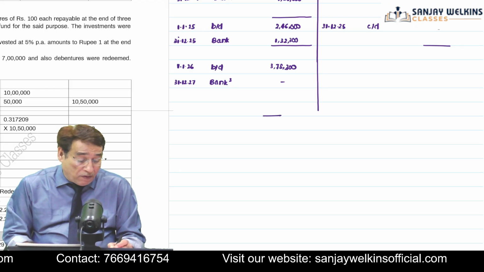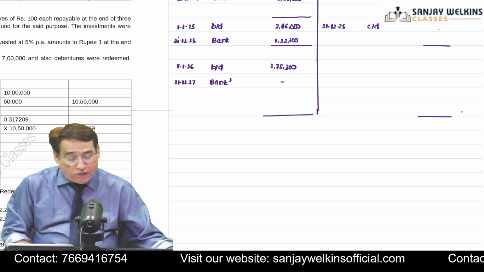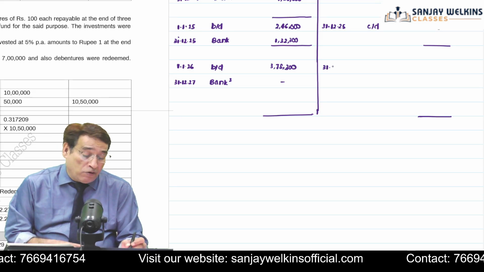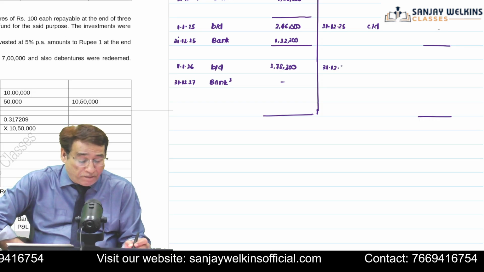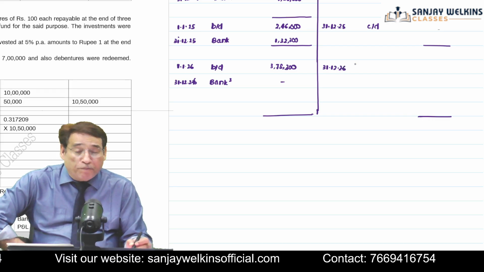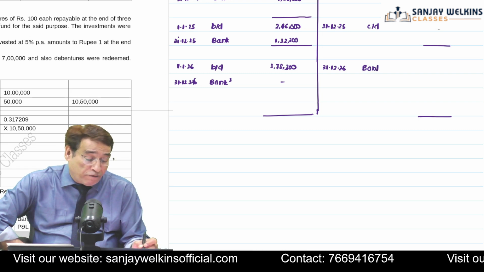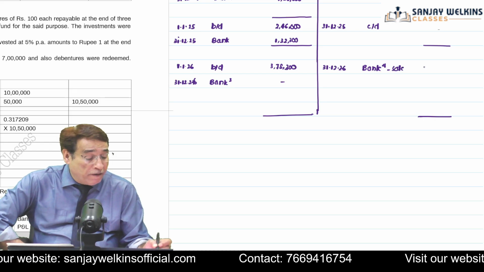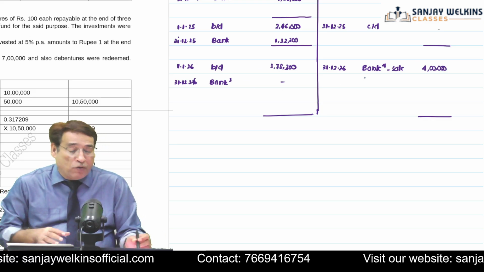Now, we will have to balance this particular account. In order to balance this, first of all, we will check for how much we sold out the investment. As I told you, in this particular question, it was given that we sold out the investment at the end of the fourth year for rupees 4 lakhs. So, bank account debit to sinking fund investment account. This is my fourth task in the final year, sale of investment. That is equal to 4 lakh. After selling of the investment, obviously now you are going to balance this.